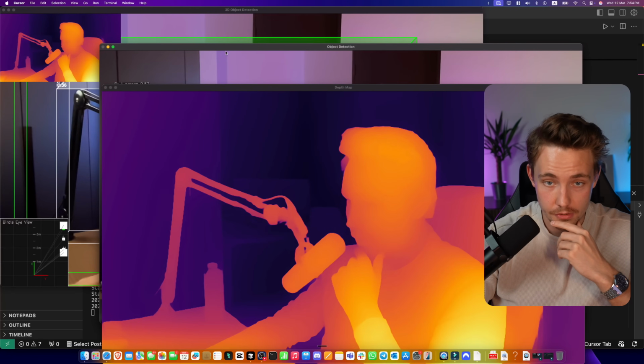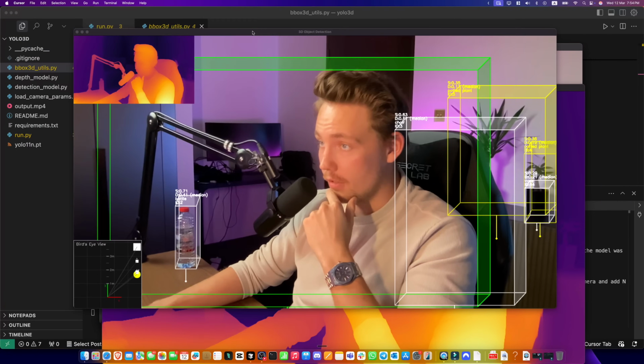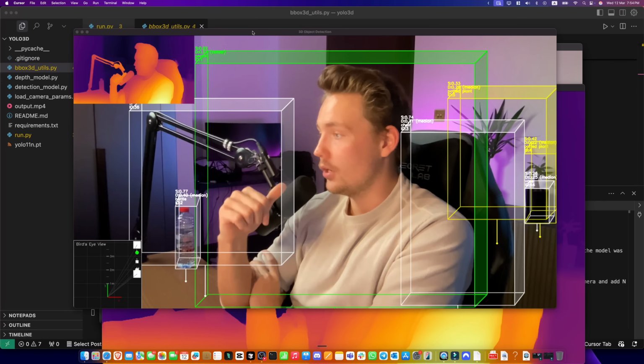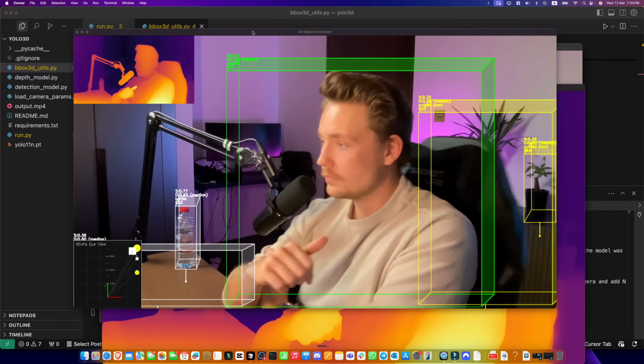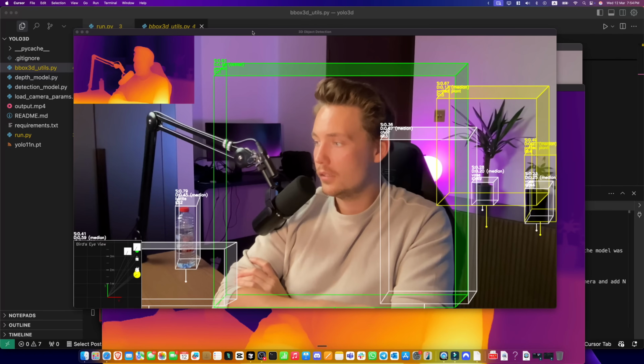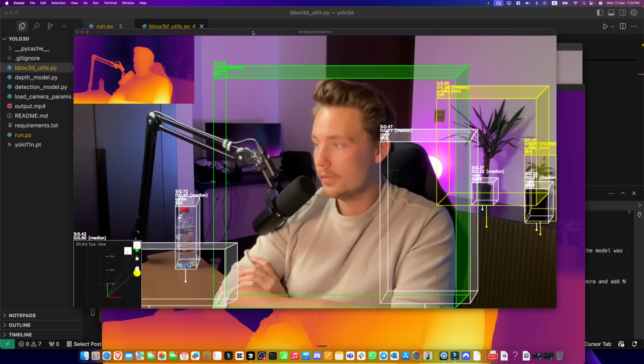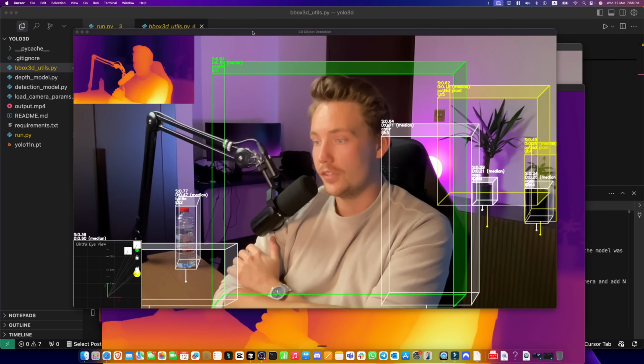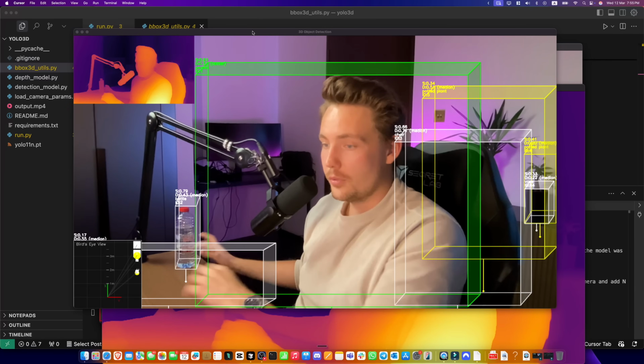Next one here is pretty much our 3D object detection code. So we have our 3D bounding boxes. We can see the potted plants in the background here. Let's move to the other side. There we go. Looks pretty awesome. It uses the medians to get the center of each 3D bounding box, and we're going to track it as well. We have the bird's eye view